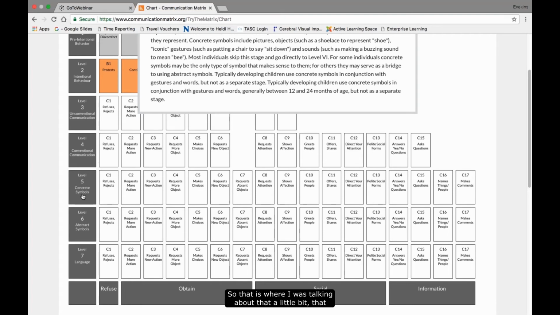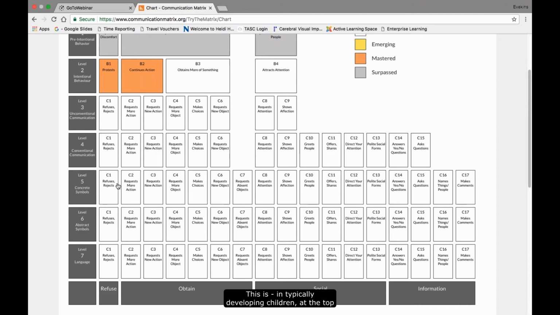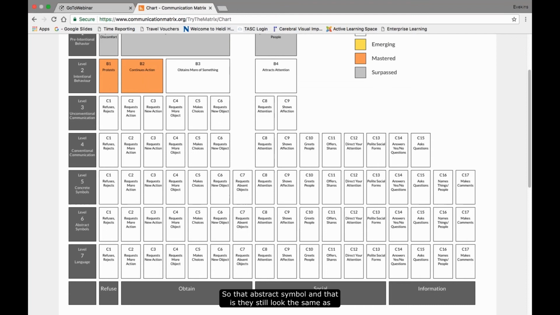So for some kids we need to use these concrete symbols, and sometimes we need to use them longer than we think, because abstract symbols are representative and it can be harder. And this is in typically developing children, but at the top it says this stage occurs between 12 and 24 months of age. So that abstract symbol, they still look the same as far as under social.